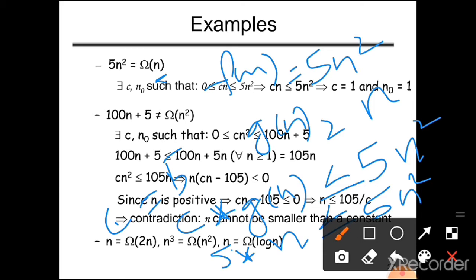Suppose the value of n is equal to 1. If n is 1, then 5 into 1, that is 5, is less than or equal to n square, which means 1 square, that is 1, and 5 into 1 is 5. So the case 5 equal to 5 comes up. So this is true. For n equal to 1, it is true. Next case,